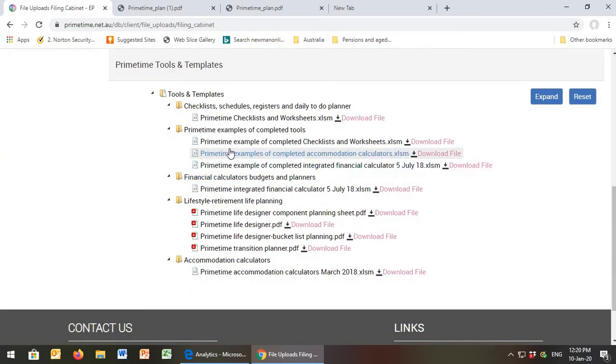Okay, and so what we've got is financial calculator. That's your budget. So here's your integrated financial calculator. You can download that and do it. If you want to look at how one looks like, you can see an example completed one. So you can see one that's actually complete. So you can see how it works and how it feeds through. So once you've done that,